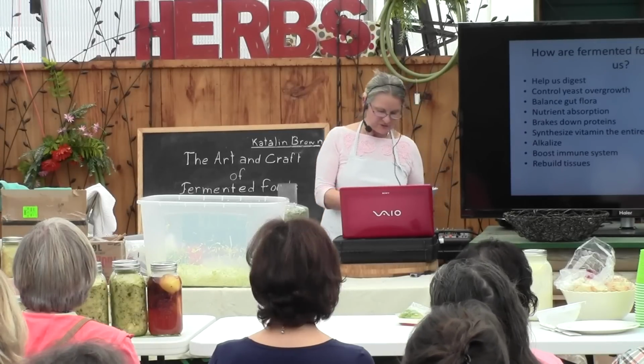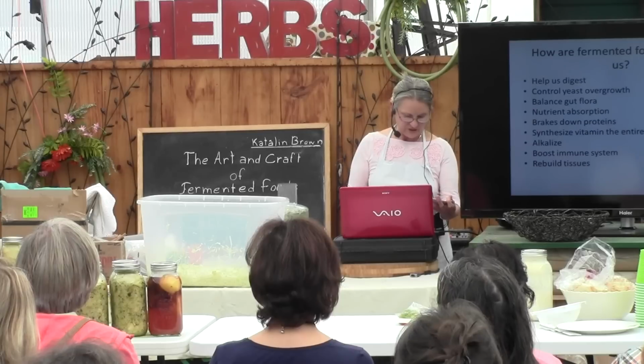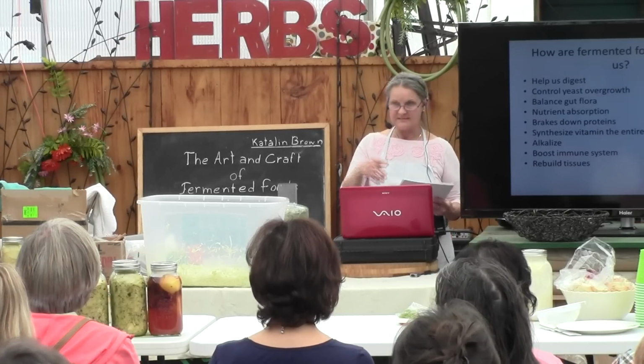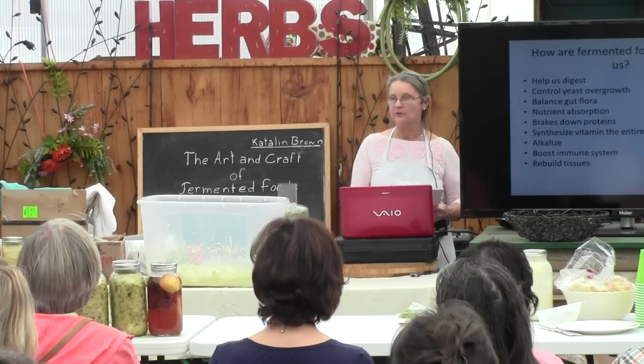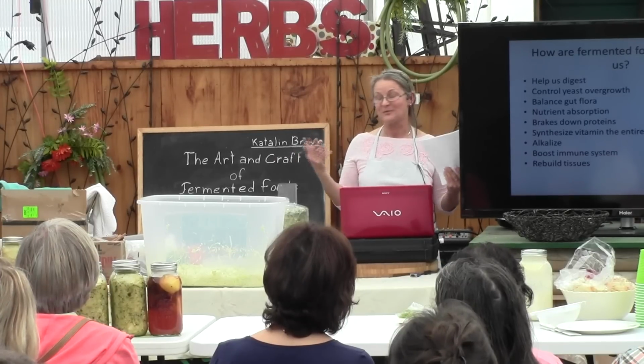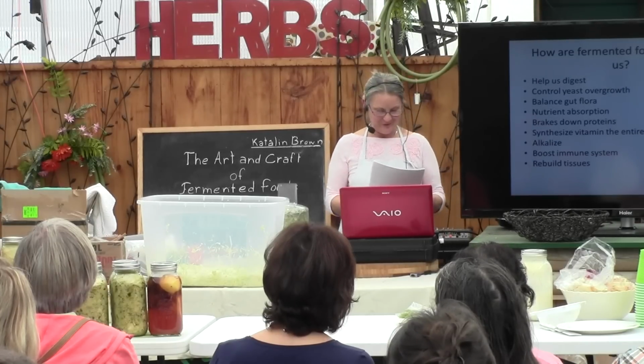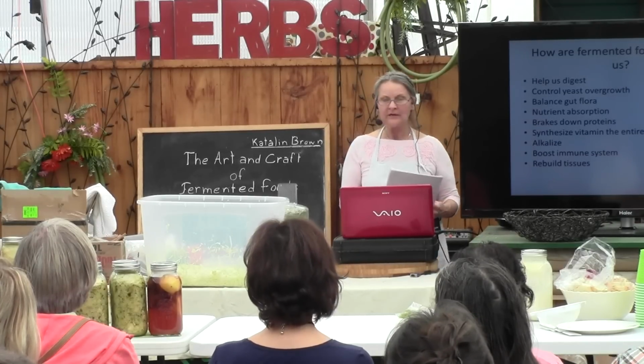I just want to go back to the story of the lacto-fermentation. As I had already said, I had done this in my childhood, standing in the barrels, stomping on the cabbage, and when it came to the wines, I used to step on the grapes too. It's part of that whole fermentation process as well when we do wines. But in the ecology of our gut,